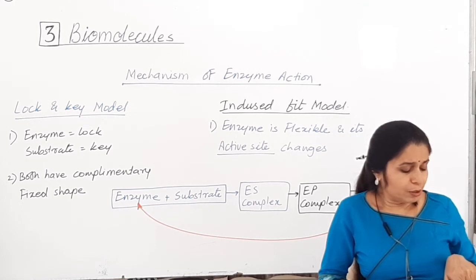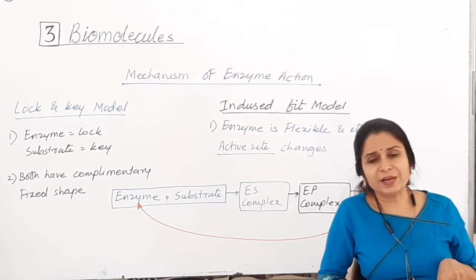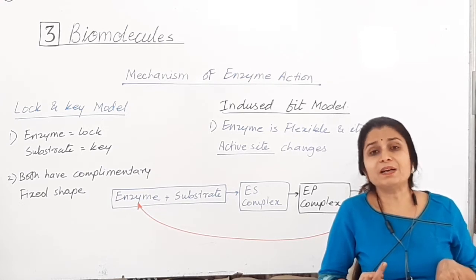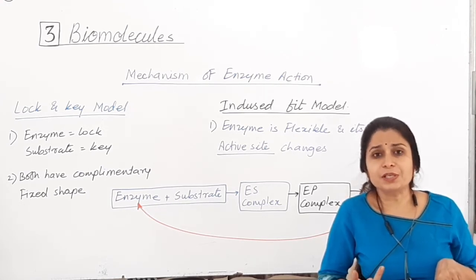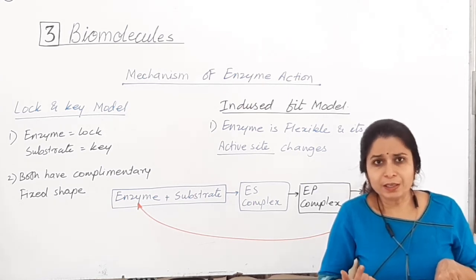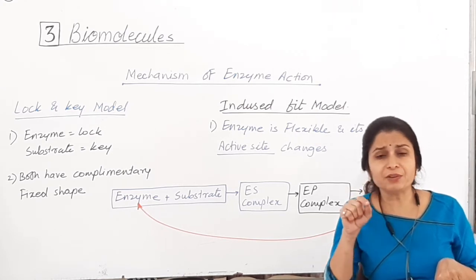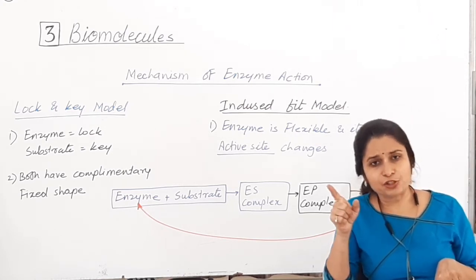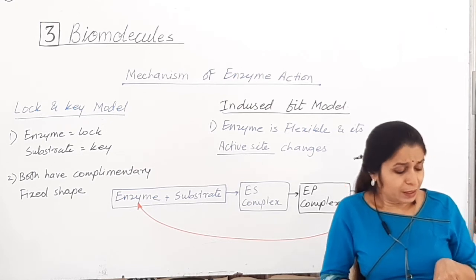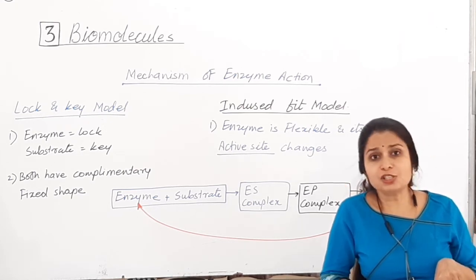Rate can also be called velocity if the direction is specified. You know two words, speed and velocity. Velocity is a vector, speed is a scalar, you have learned this in physics. Velocity is speed in one particular direction, so it has a unit as well as a direction. So see, rate can also be called velocity if the direction is specified.